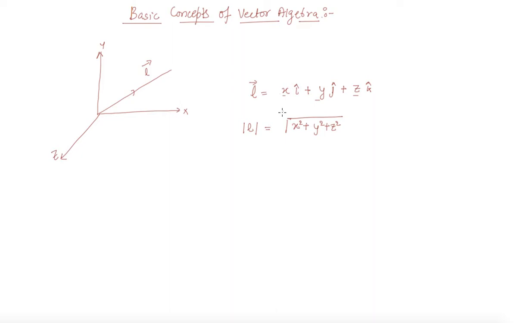Okay students, so in a three-dimensional plane it should be in i, where i cap denotes the position towards the x-axis, j cap denotes the position vector towards the y-axis, and k cap denotes the position vector towards the z-axis. Okay, and this denotes the magnitude or the length of the vector. Magnitude or length of a vector. Okay,